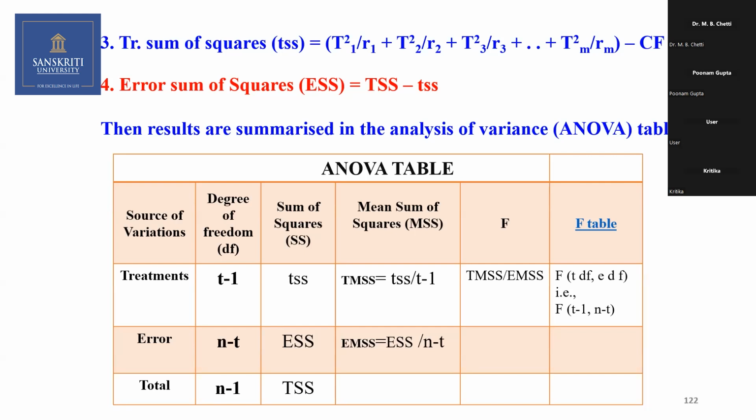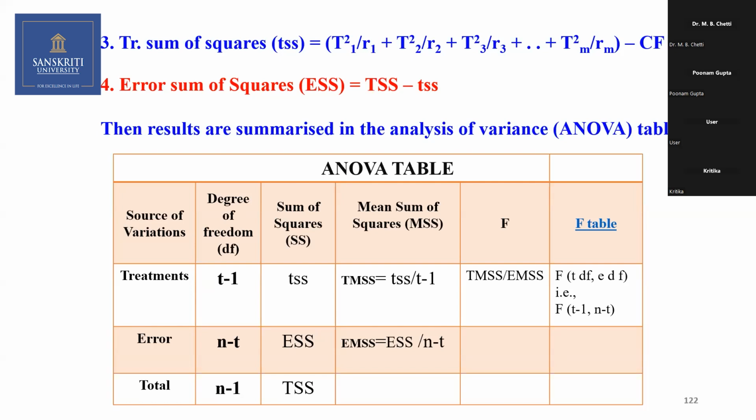Somebody asked me last class, what is the difference? See, in ANOVA we are using F to know the difference between the variances, whether treatment variance and error variance differ. Treatment is expected to be higher compared to the error. So treatment variance divided by error variance is the calculated F value, and you test it against the table F value. If the calculated F value is greater than the table F value, then we reject the null hypothesis. Otherwise, we accept the null hypothesis. Here, the null hypothesis is that all the 5 treatments are on par with each other.